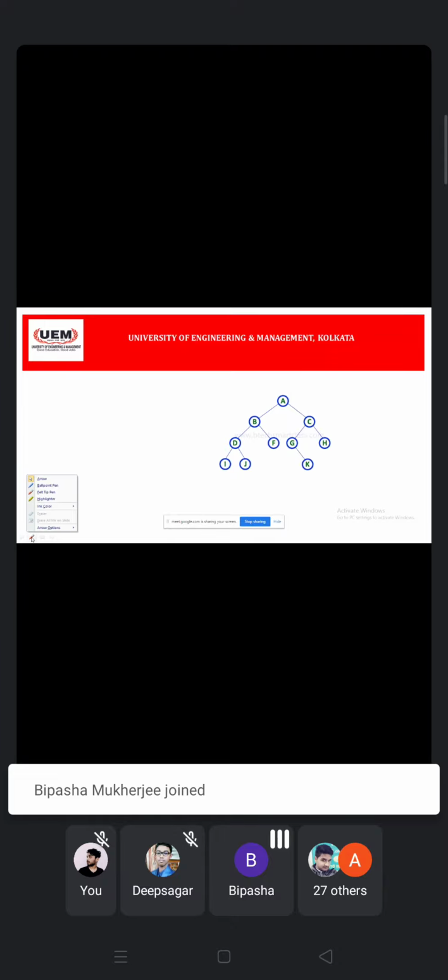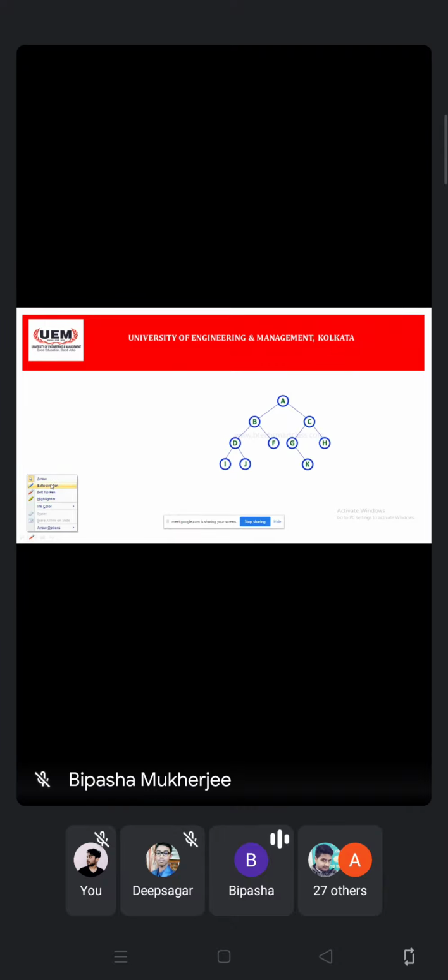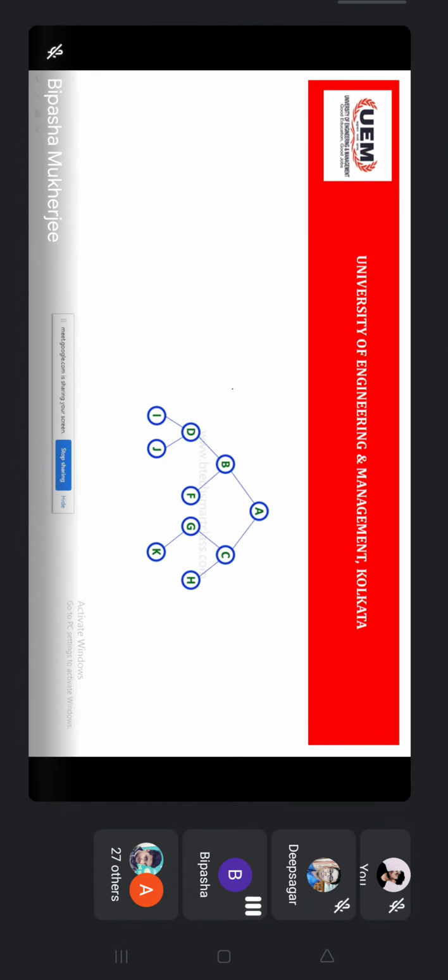Okay, so first of all, I want to mention one point, that is for non-recursive traversal, the main thing is how you can do that. See, the traversal rule is not going to be changed. Means if in the pre-order you are processing the node first, then you are doing the next thing, that is okay.